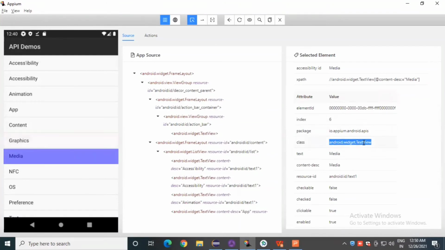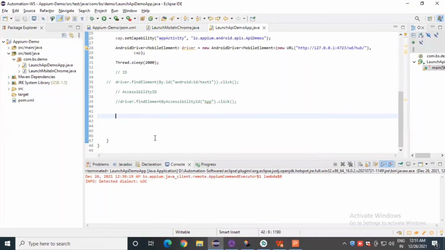So let's try to do this practically. Okay, just copy this XPath from here and write a code here. Like we can define these multiple elements, so we can define them in the list.